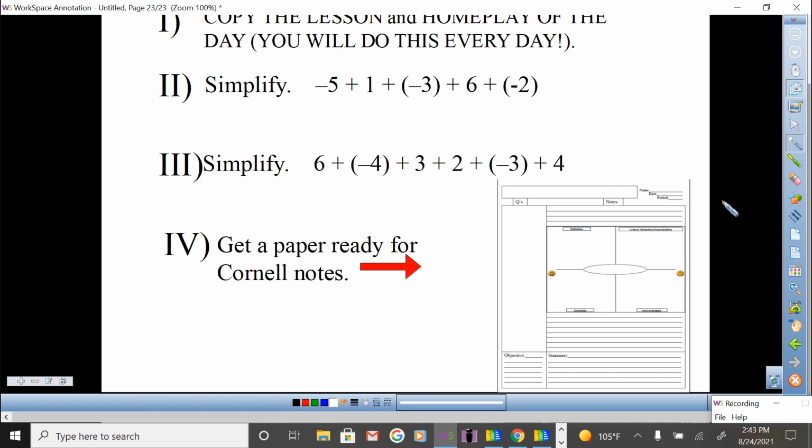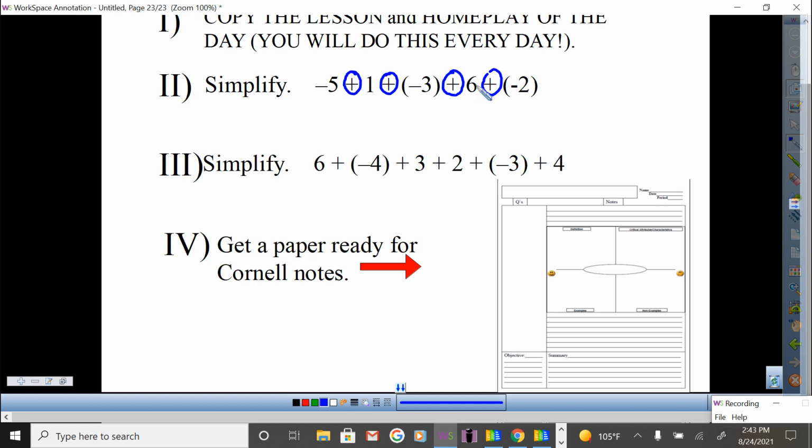For those of you that have been with me before, it's going to seem very familiar. I have 2 methods that I show students in order to approach these kinds of expressions. And here they go. I'm going to start with number 2. For number 2, it says simplify. It's an expression. The first thing I teach everyone is to scan through the entire expression to see if there's addition all the way through. Okay, let me see. Addition, yes, yes, yes, yes. Once that is true and you have addition all the way through, now we can combine things that are the same. So I'm going to combine like terms. That's what we call it.